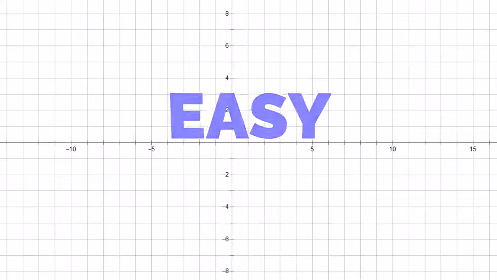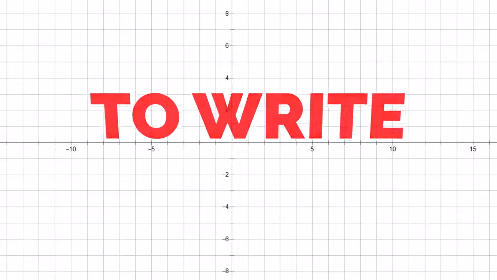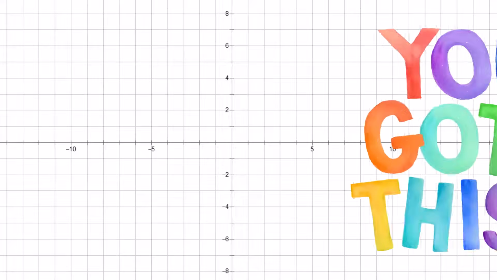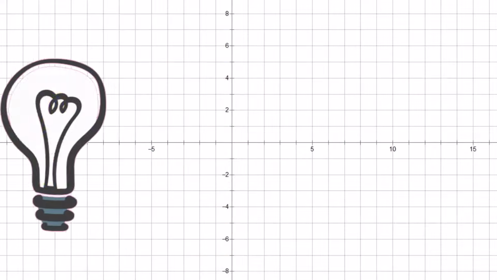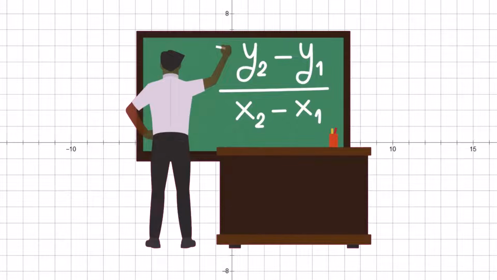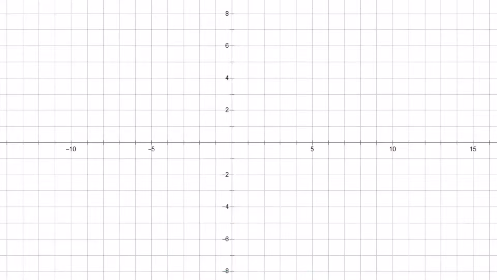Today I'm going to show you an easy way to write equations for lines, but I don't want you to just memorize this. I'm going to tie it all together so it makes sense with what your teacher may be doing in the classroom. First off, we're going to need a point. So I'm going to use the point (4, 2), and I'm going to graph some lines that go through that,